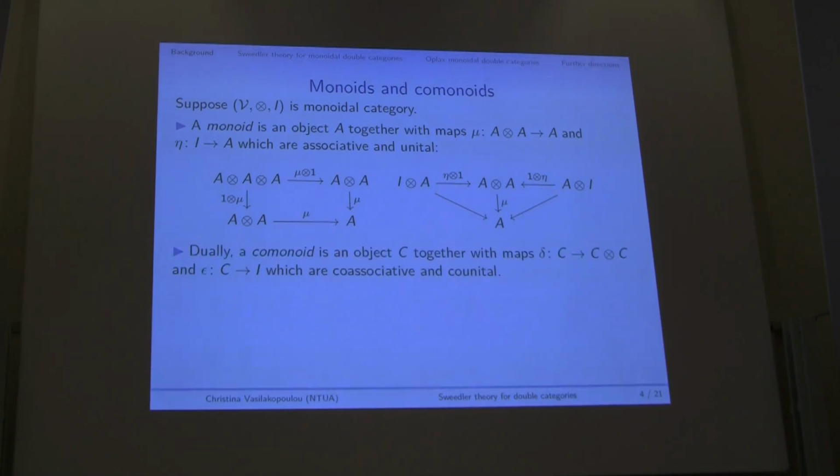And then we have the dual concept. There will be a lot of dual concepts in this talk, of the comonoids. So we have co-multiplication and co-unit, which are co-associative and co-unital. Again, there is a theory of co-algebras in algebra for many years, but also as a special or trivial case,